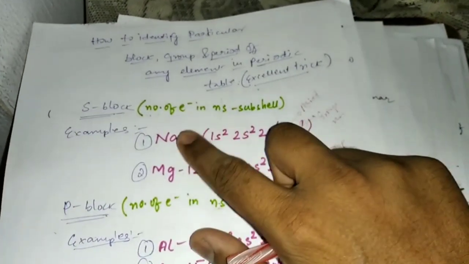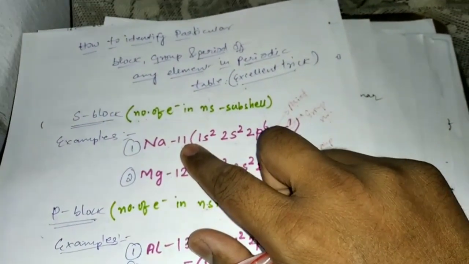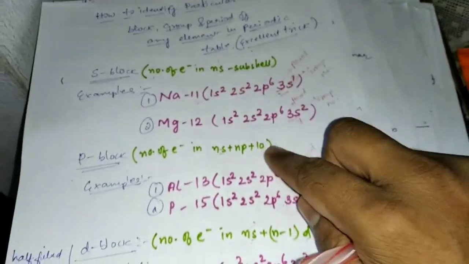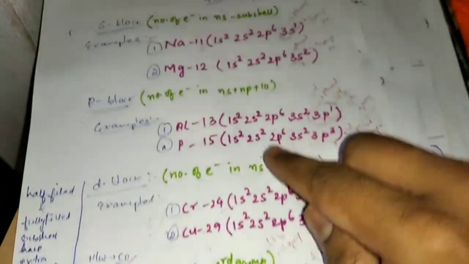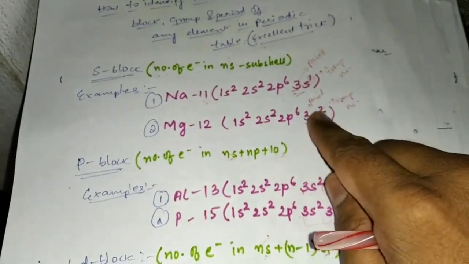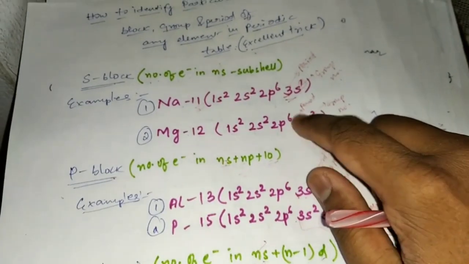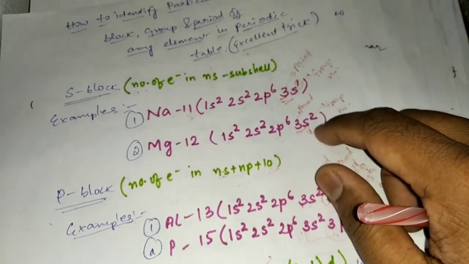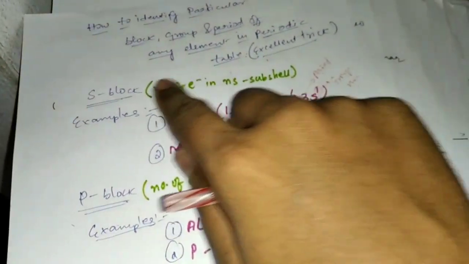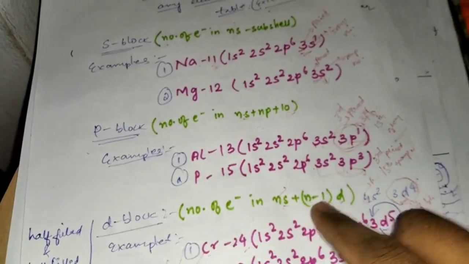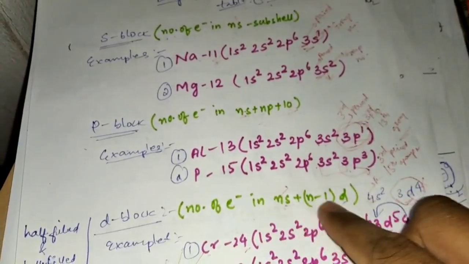They can give you any element or any atomic number. They can tell you to find out the period number and group number. What you need to do is just remember these tricks which I told you just now. Remember these tricks, everyone, and you can solve it by writing the electronic configuration. The outermost, the last electronic configuration will give me the block. If you have come up with the block, you can see the trick here for finding the group number. The group number tricks are written here.